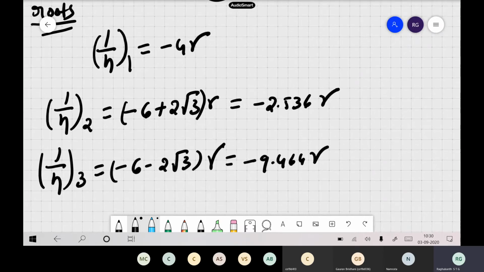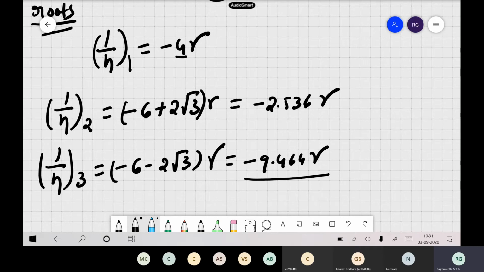Okay, and now what is the most important thing? Which is the smallest root in these three? Now tell me which is the smallest one. Which one? Third one. See, third one is minus 9.464. Don't worry, all are negative only. You follow, right? Don't go by that convention. So which is the smallest of all these three?